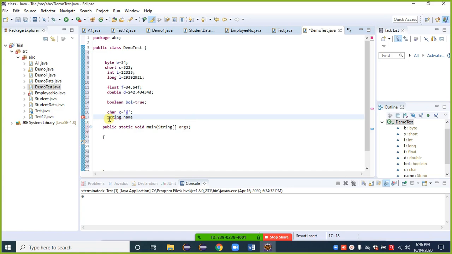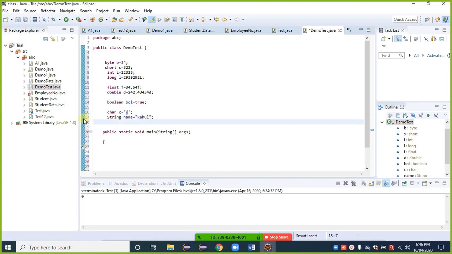We can give any name for the variable, is equal to, and as per the Java syntax, the string value is always inside double quotes. Observe here the double quotes. If you don't give double quotes, we get an error.